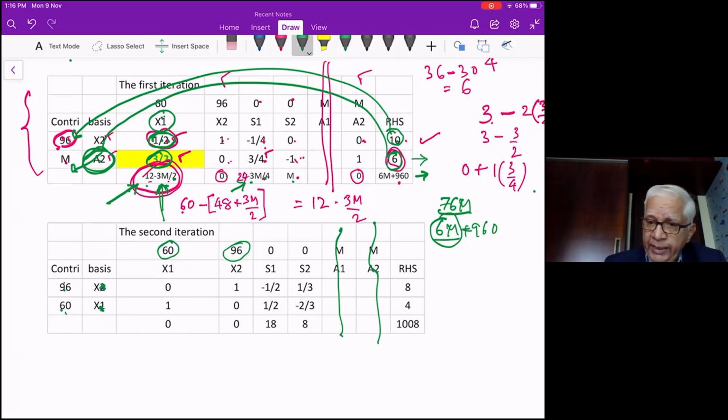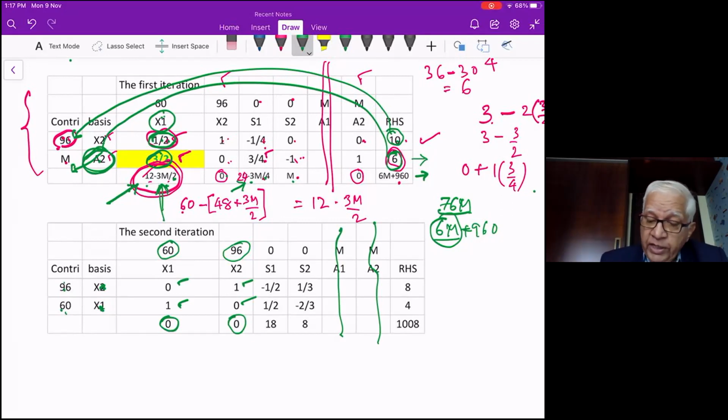So let's quickly write down under columns X2 and X1 the identity matrix. Under column X2, I'm writing 1, 0. Under column X1, I'm writing 0, 1. And in the index row, we write 0 under the columns of the identity matrix. So this part of the table is ready. S1, S2 are the only columns which need to be calculated, apart from the RHS column. Now let's calculate the S1 and S2 columns.